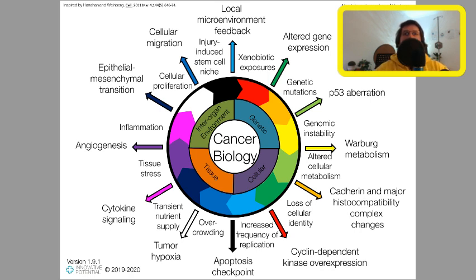But basically, if there is a mutation or something wrong with these proteins, these complexes, then the rest of this wheel is backing up. So basically, you're heading into overcrowding with an increased frequency of replication. You're going to begin to densely populate the local region, and that's not what you want, because